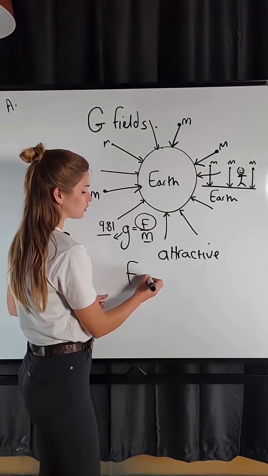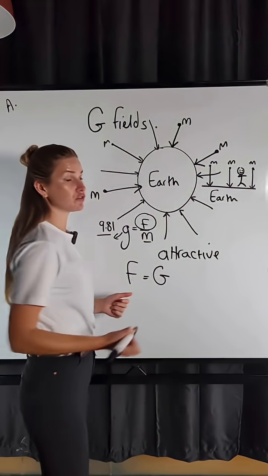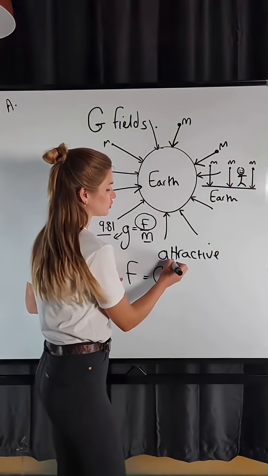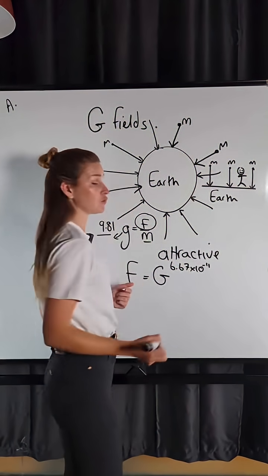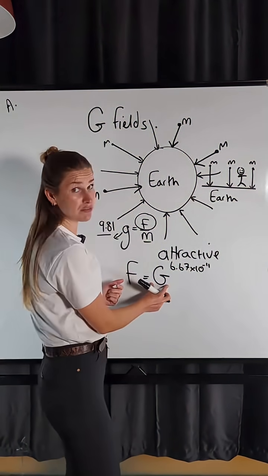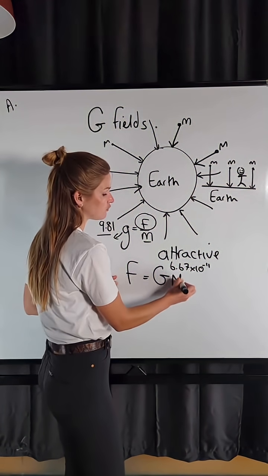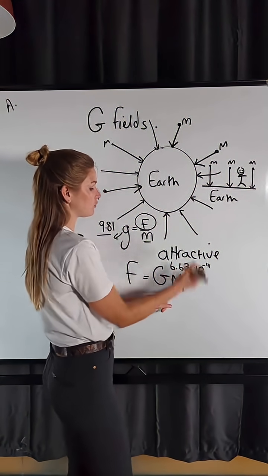That force is going to be equal to G, which is our universal gravitational constant, which I'm going to use as 6.67 times 10 to the power of -11. So that's on your formula sheet. So that's our universal gravitational constant, multiplied by the mass of object 1, so it might be the Earth, multiplied by